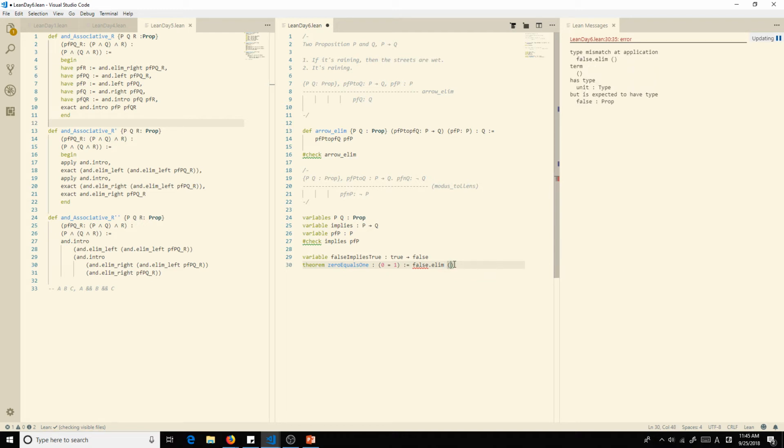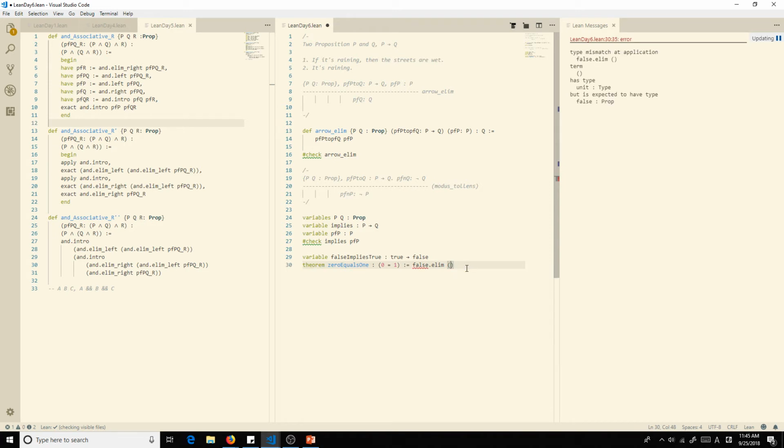Anyway, so let's use our false implies true. We used a false elimination here. Basically just proves false. And we're going to use our previous variable, which is the true implies false.